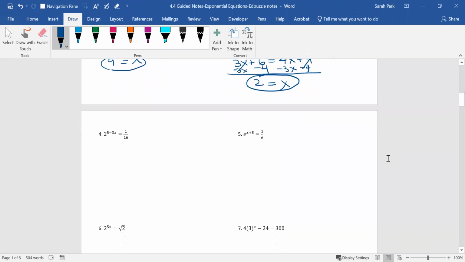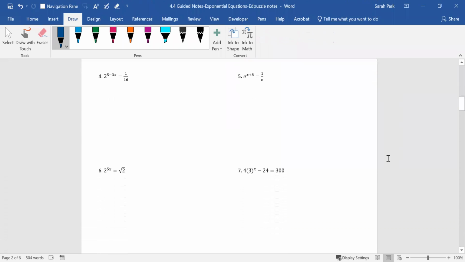Okay, let's move on to number 4. We've got 2 raised to the 5 minus 3x equals 1 over 16. Again, our goal here is to express both sides with the same base. Here we have 2 to the 5 minus 3x. Can't really simplify that. But with 1 over 16, we know that 2 to the fourth, from the previous